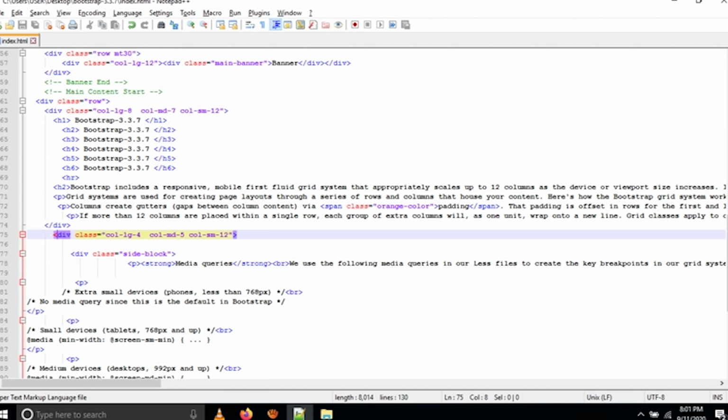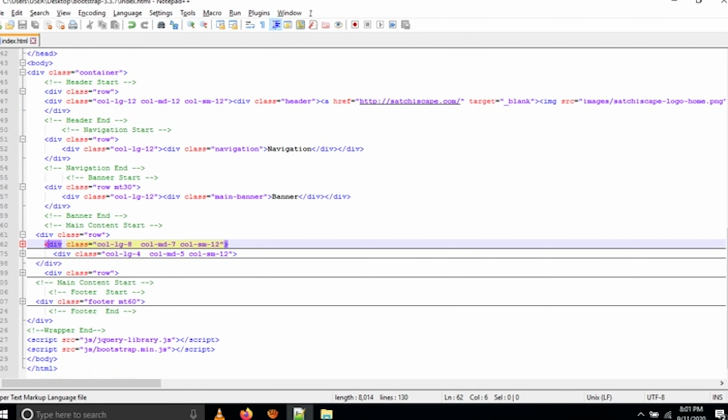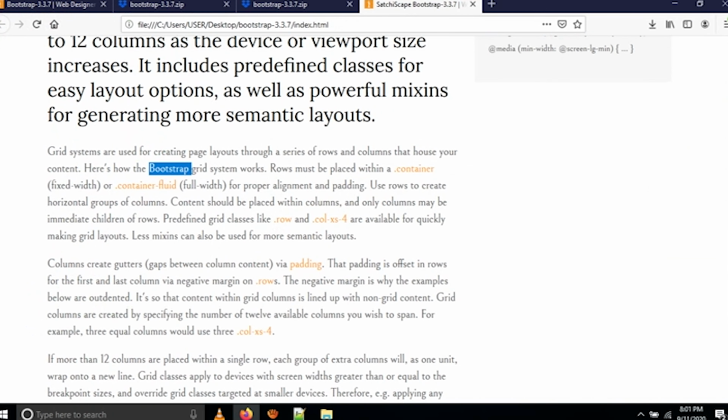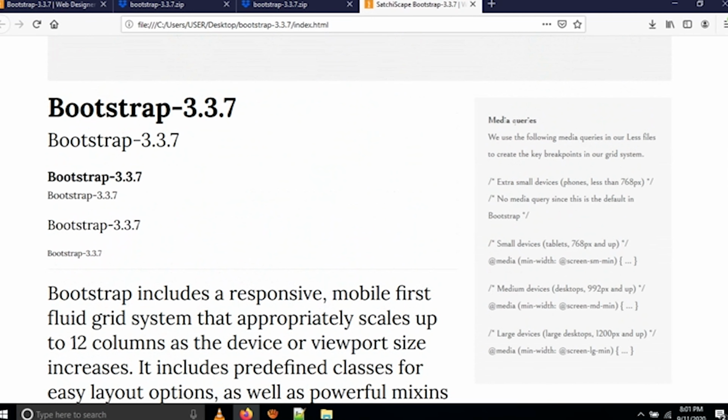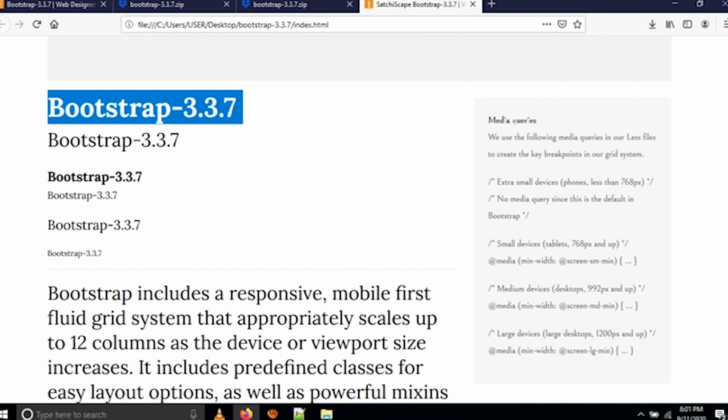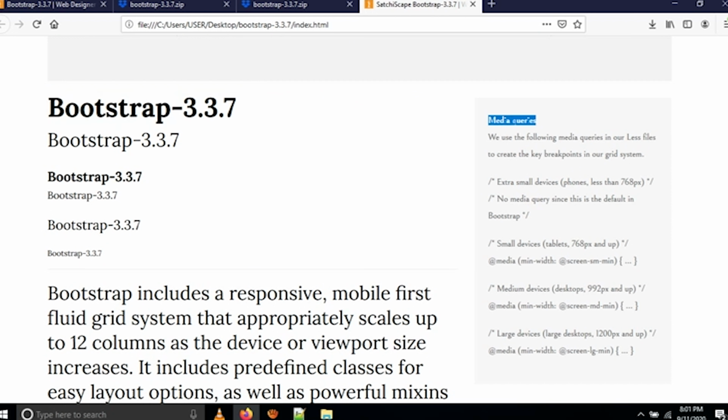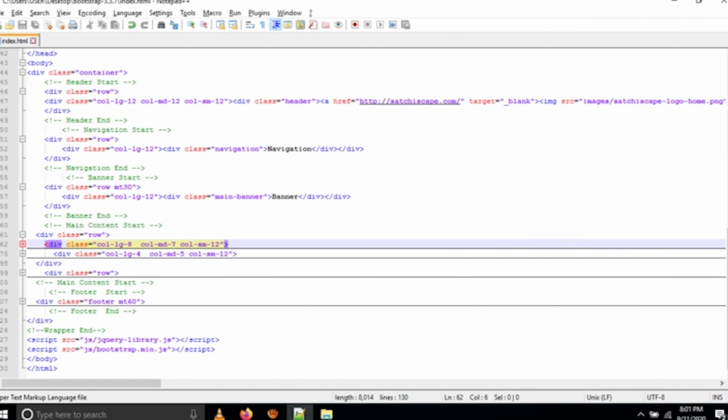Okay, next, I'll show you this one thing. See, this is a total 12 grid. You see this one and this one is 12 grid. Okay, the 12 grid I have divided by 2. You see, one is wider and another is narrower.